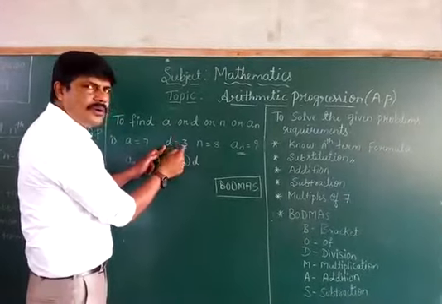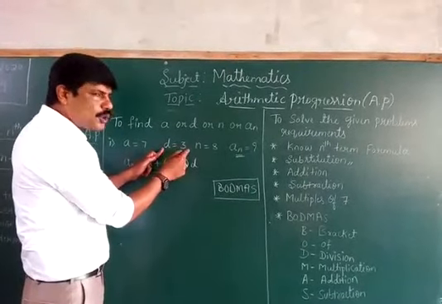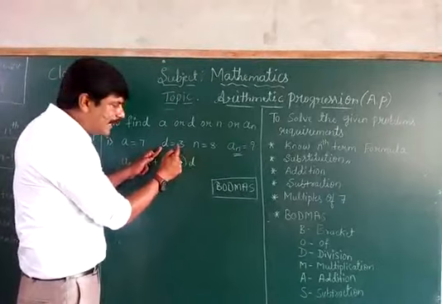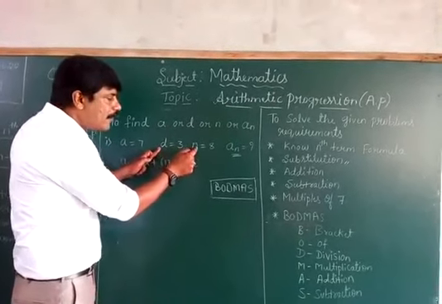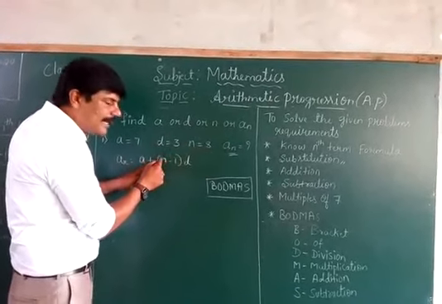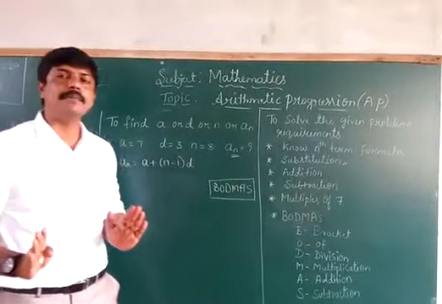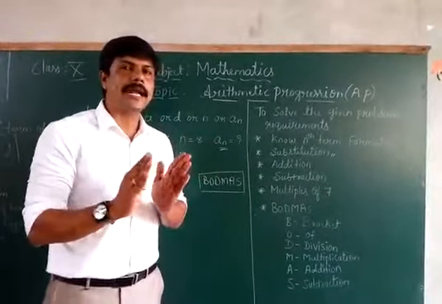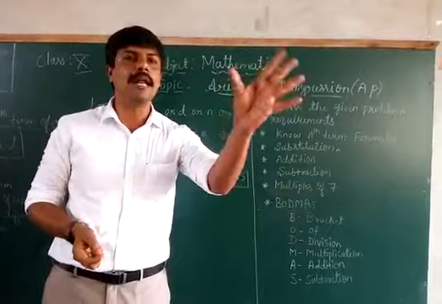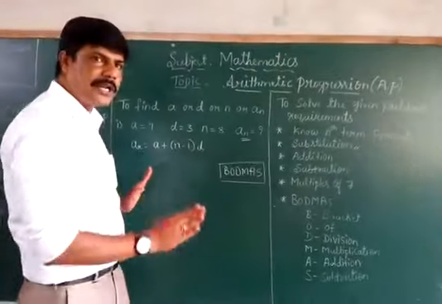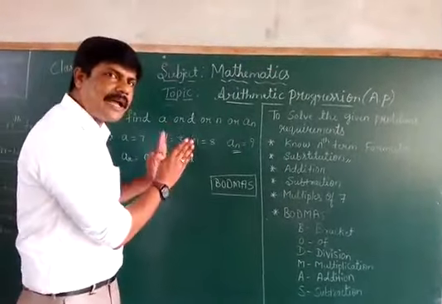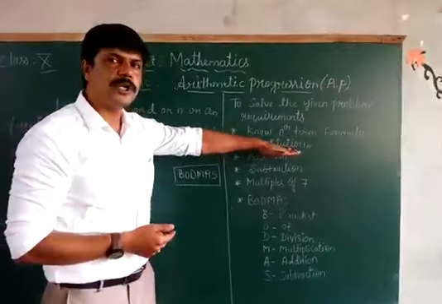Then D value 3 is there. D is equal to 3. So in place of D, I am going to write 3. In place of N, I am going to write 8. The rest I keep as it is. I am not going to change anything. I am going to write its value only. I don't have any right to change anything. What is given, that itself I will introduce. That is called substitution. Okay.